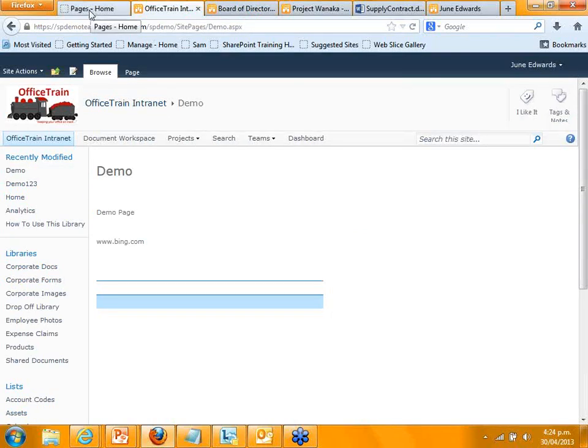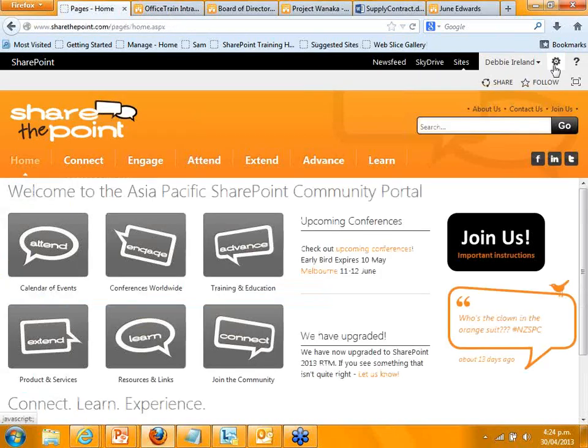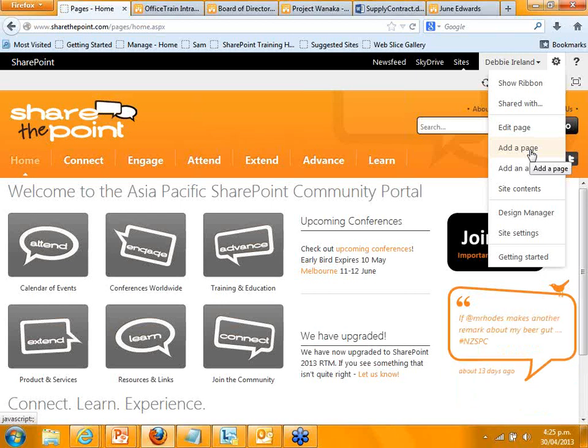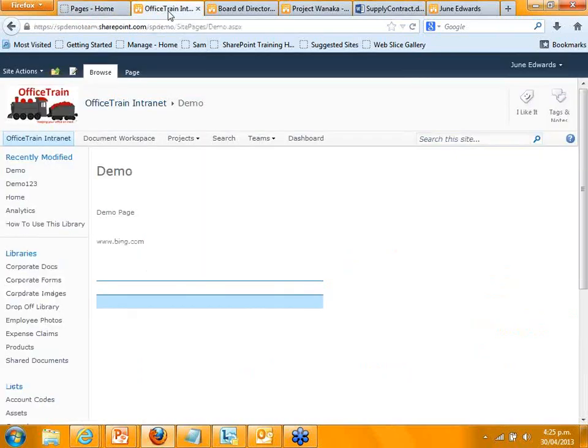If you're on a public site, and I'll do this if I have time at the end, I can add pages on a public site, but I have the option when I do add a page on here to be able to see publishing features. So it means I can manage when the pages get published. I can have them approved. So, for example, in our organisation, I might write a whole lot of content, and I can use a spell checker, but I'm a shocking grammar person, so I always have someone edit them before they actually go public. So there is the ability to manage your content within your public sites, or if you've got a big enough organisation, you can have all of that ability as well.